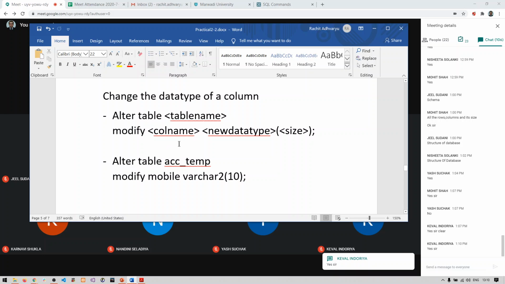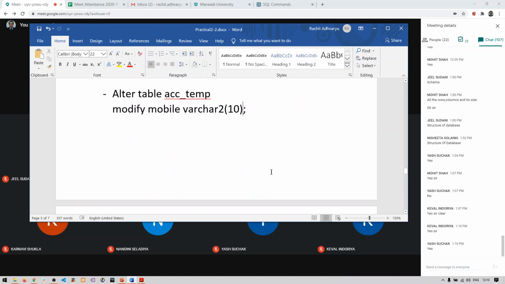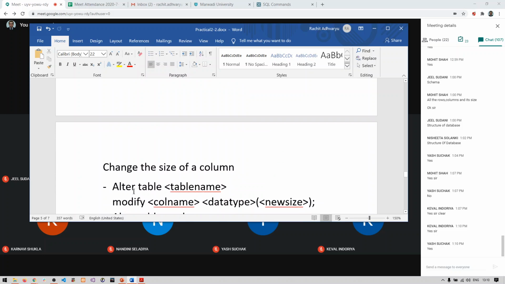So the next thing that we are going to do is we are going to change the size of a particular column. So for that, what will be the answer? Alter table name, the same thing. We are going to change the size of a column now. Modify, the same thing. Again, you need to provide the column for which you need to change the size. Then its old data type, the current data type which it has actually, and then you need to provide the size, the new size for a particular column. So this data type will be the current data type, not the new one. Here we are just providing the new size, right?